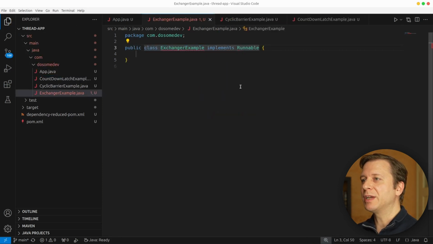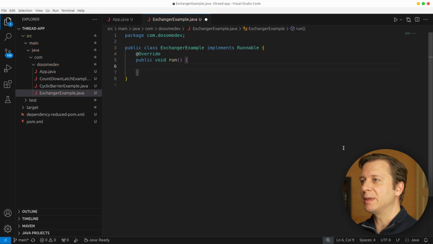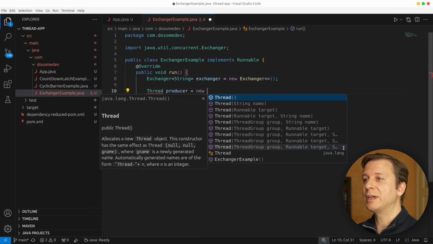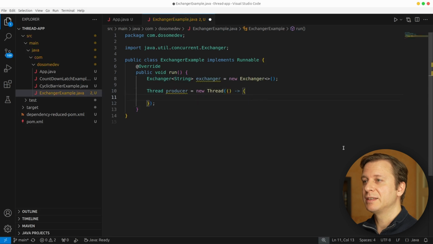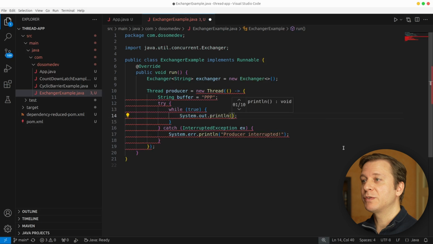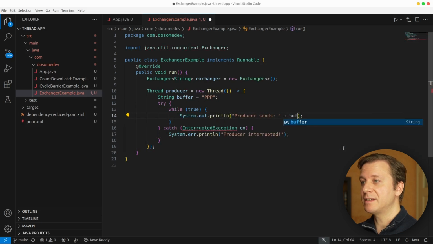For that, we create a new class ExchangerExample that also implements the Runnable interface, which brings us to override the run method. Here we start by creating a new exchanger for exchanging strings. And the first thread that we create is the producer thread, in which we first define a buffer set to PPP. And then we define ourselves a new while loop, which is always true, which first prints that the producer sends the buffer,